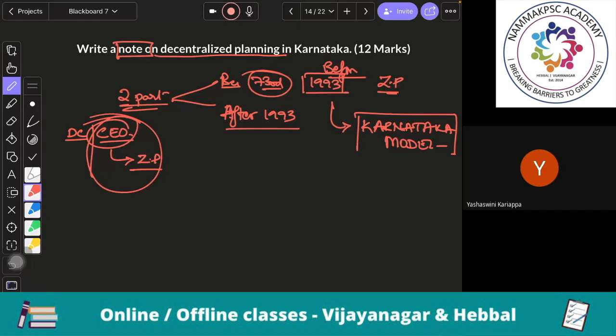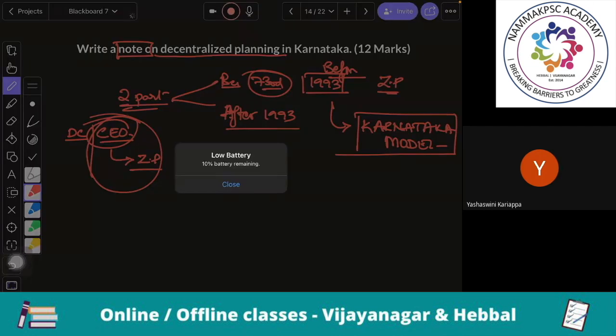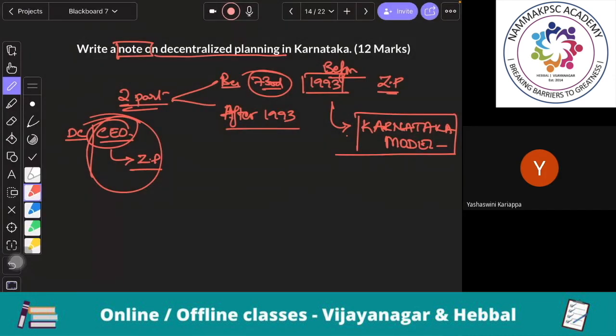Karnataka is one of the states which has not only created these institutional mechanisms but also empowered these institutions to be more effective compared to other states. Therefore it is considered an ideal model to be emulated by other states also. Therefore, it was called the Karnataka model. And then you will write a little bit about it: Mandal Panchayat and then Zilla Panchayat. At the district level, you had a Zilla Panchayat, a very powerful unit for planning and development in Karnataka. They organized financial support, technical support, and various schemes were implemented by this. So this was known as the Karnataka model.